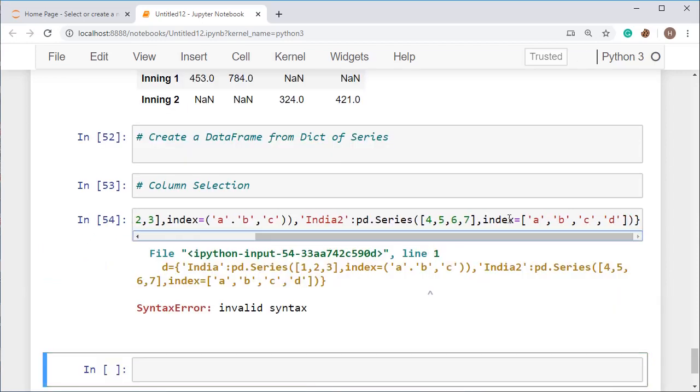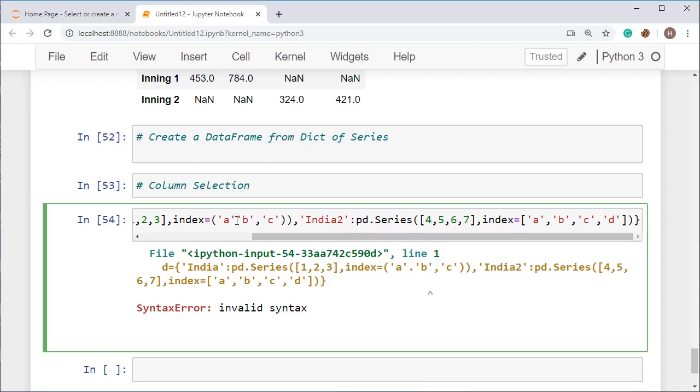This one is showing why. Might be I have missed something. So let's cross verify all the things. pd dot Series invalid syntax. This one is showing the error here. I have put a dot, and this one is the error.